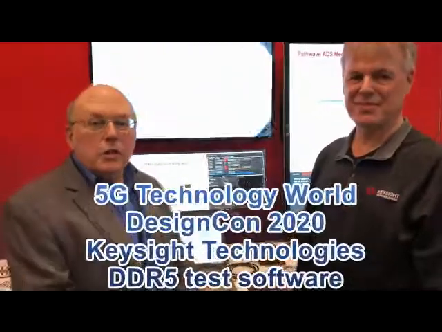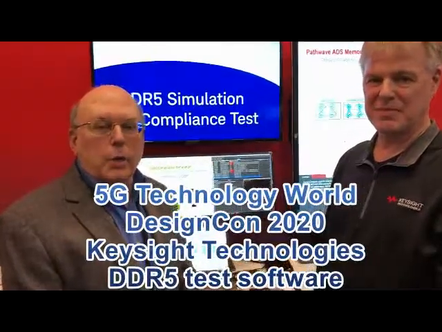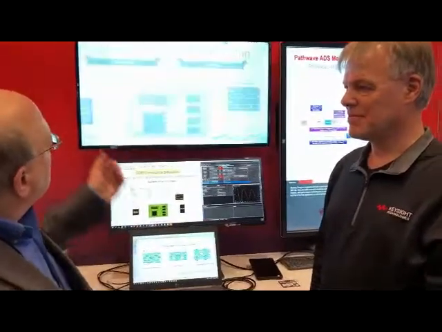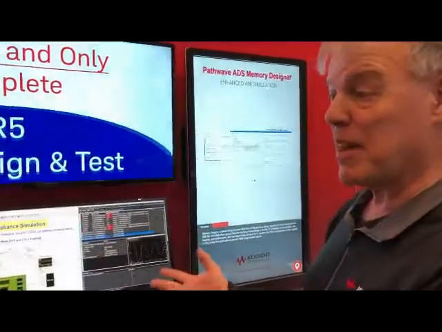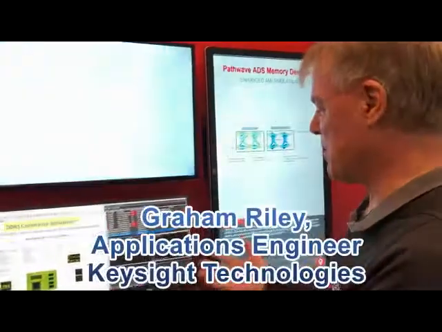So 5G Technology World is here at DesignCon 2020 in California. We're going to get a demo on testing on DDR5. Okay, so this is Keysight's PathWave Advanced Design System, and what I'm showing here for you today